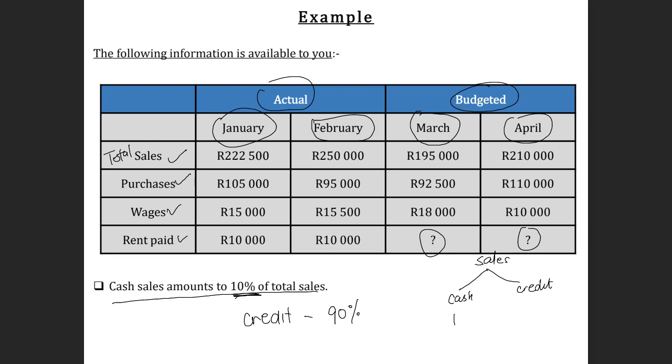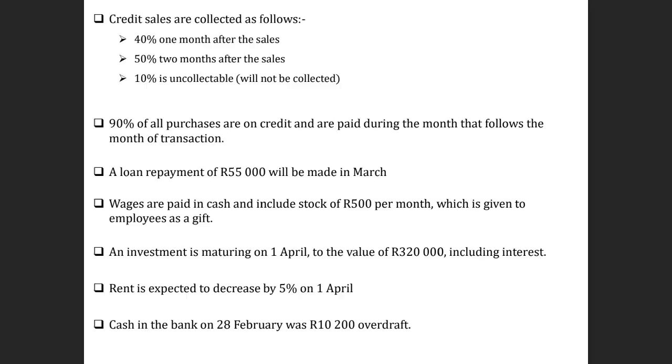So if 10% is in cash, then 90% was on credit. So please make note of that. Then they told you how you would receive your credit sales. This is exactly what I was explaining to you in terms of how your debtors schedule fits into